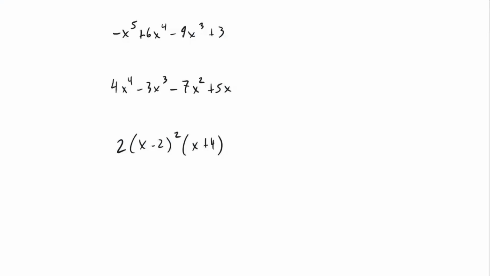This problem gives us three polynomial functions and wants us to determine the end behavior, if it goes up or down on the left and right, or rises and falls on the left and right. And for this, an easy way to help you remember what the end behaviors are for even and odd degree